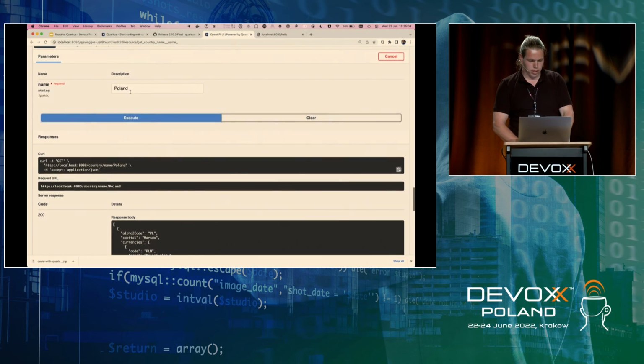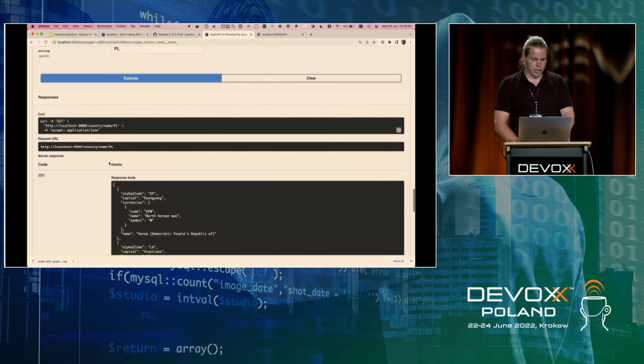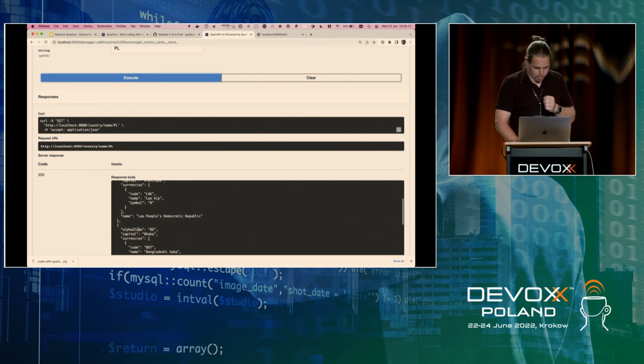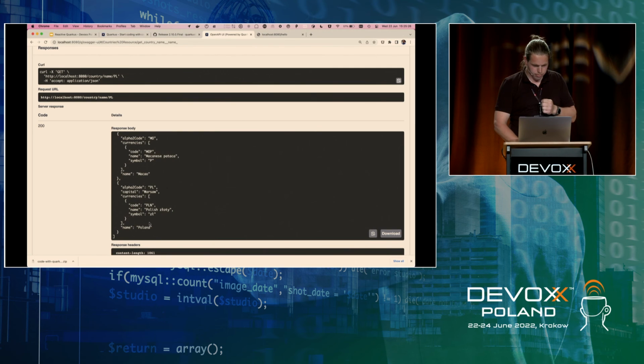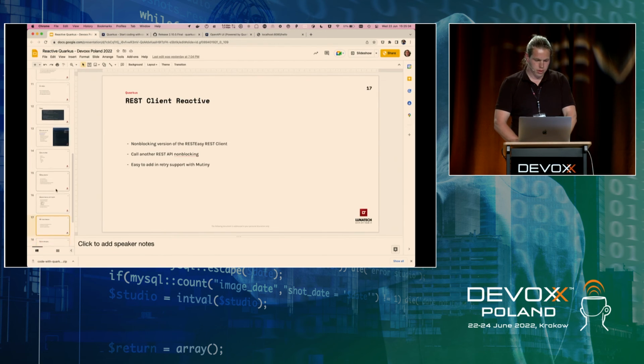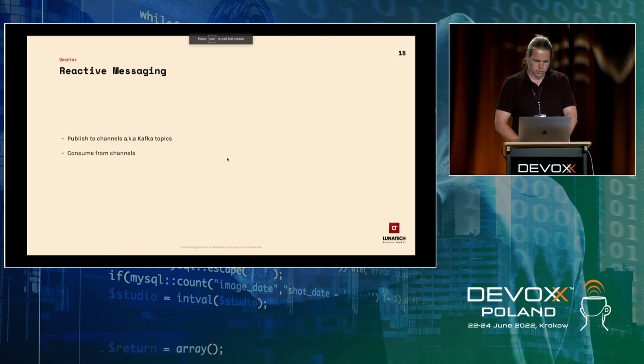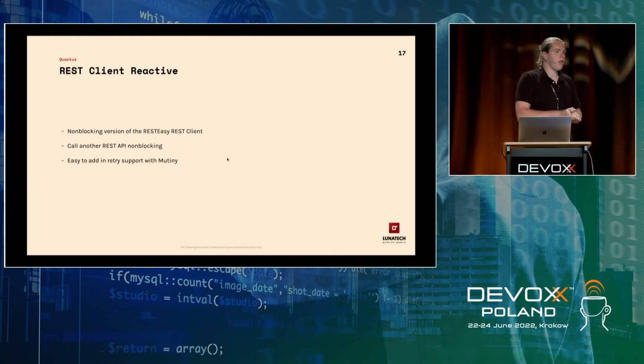And you can try searching different ways as well. For example, on the country key, it does some fuzzy matching. But then you see if I search for PL, then it matches a whole bunch of different countries where there's somewhere in that JSON document PL, I think. And if you scroll a bit further, you'll actually see Poland there again. So that was a small example of how you can use this REST client.